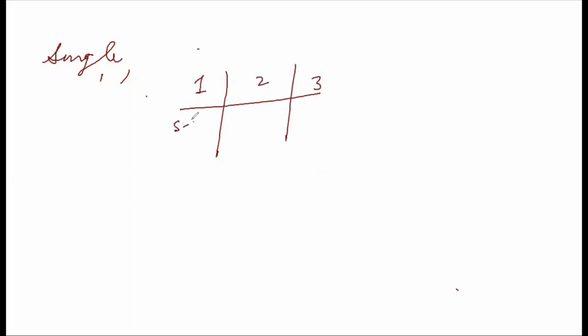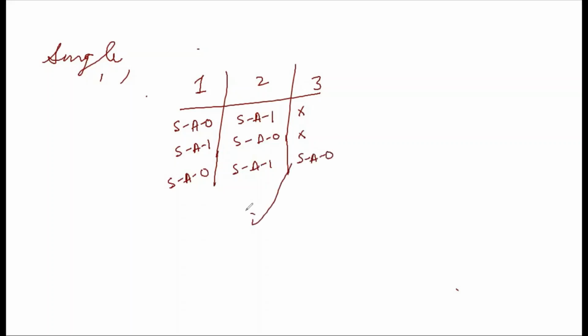Then there would be the cases where stuck at 0 is there, stuck at 1 is at this point, and not here. Similarly stuck at 1 is here, stuck at 0 is there, and not here. So there would again be a case of stuck at 0, stuck at 1. So likewise all these cases are accounted for, children. So that is going to give me all the cases.